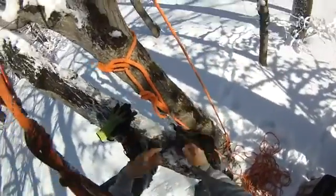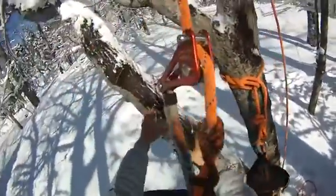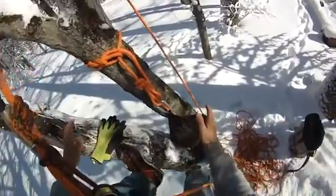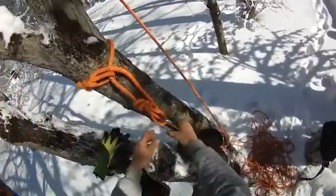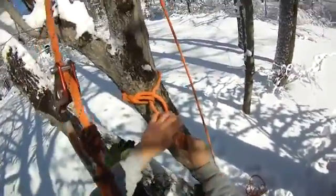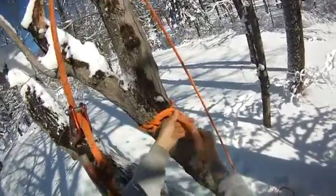So you got that set up, weight's off of you. You can now start working freely and still moving around, but not have anything hitting off your leg. Another midline knot that I like to use more often than not is the